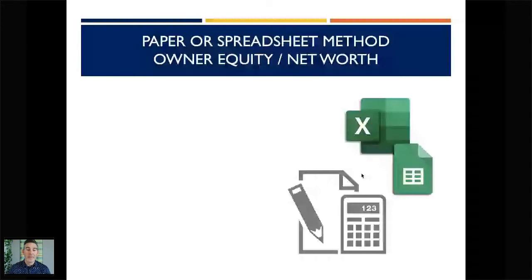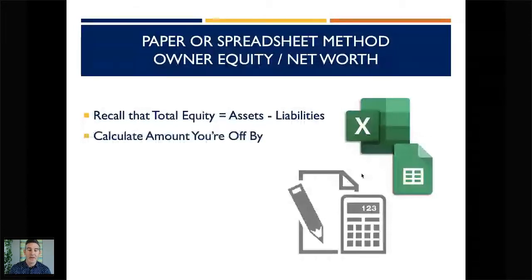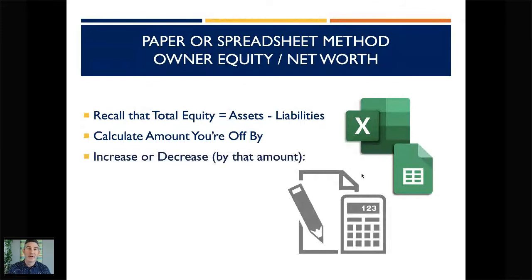So remember that your total equity is assets minus liabilities. So I'll walk through this, but I'm going to give you an example too, because this might get a little confusing. So you've added up your owner equity, all of those different subcategories, and you also have your total equity, assets minus liabilities. If those two numbers aren't adding up, then you can figure out how much you're off by. And then you need to increase your owner equity section by either upping your owner contribution.